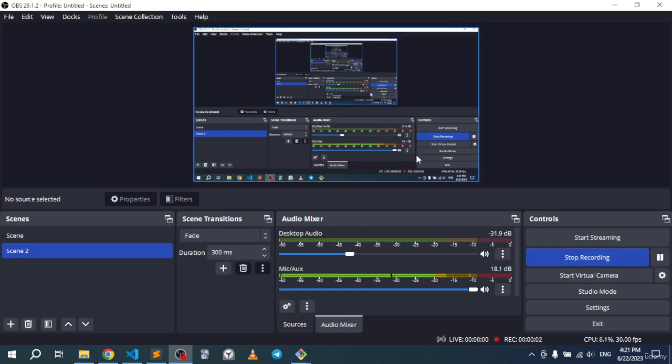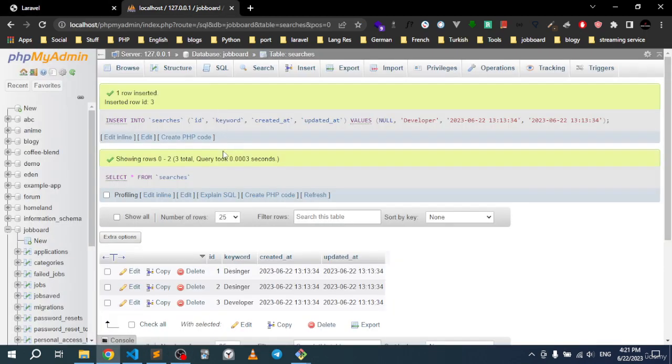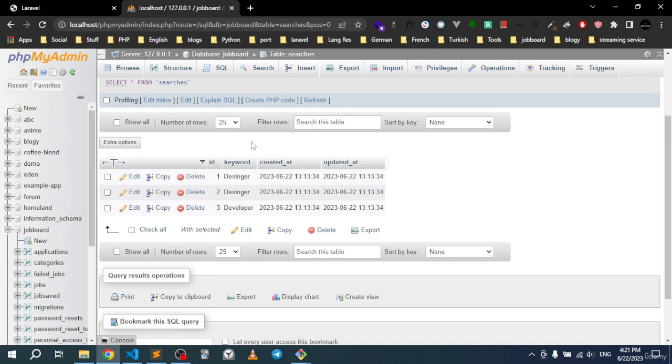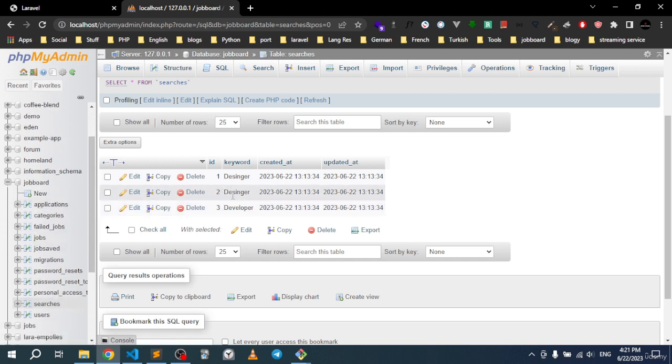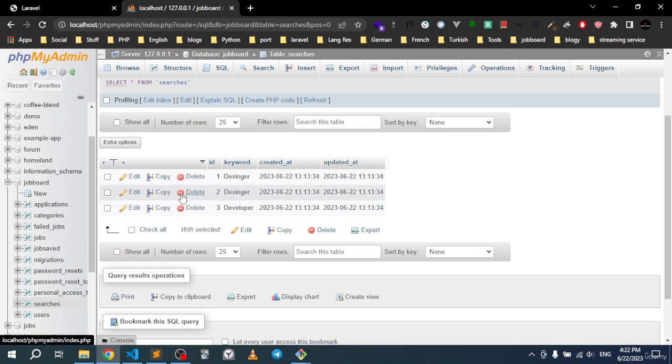Right now, let's finish this feature up, not gonna take too long. So I took the liberty to go ahead and in the search table, I inserted a couple of rows because we need to grab the most searched keywords. For that, I copied this record right here and inserted it, and I also copied the first one and entered developer instead of designer